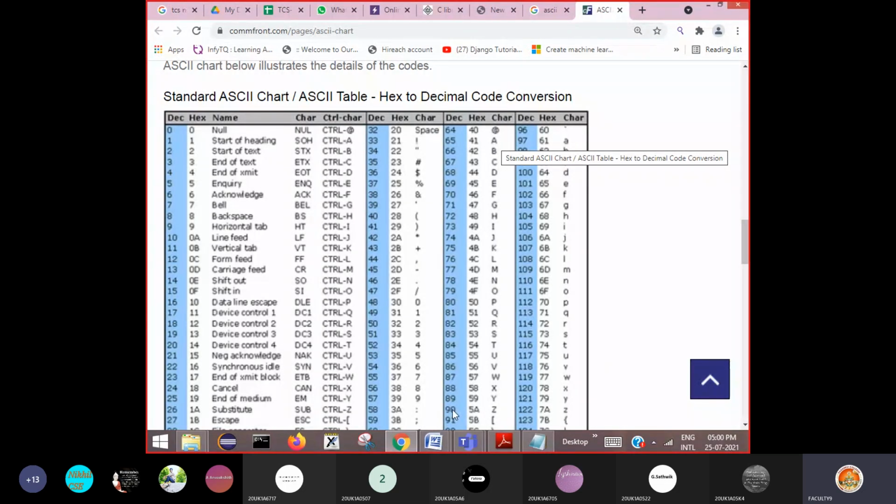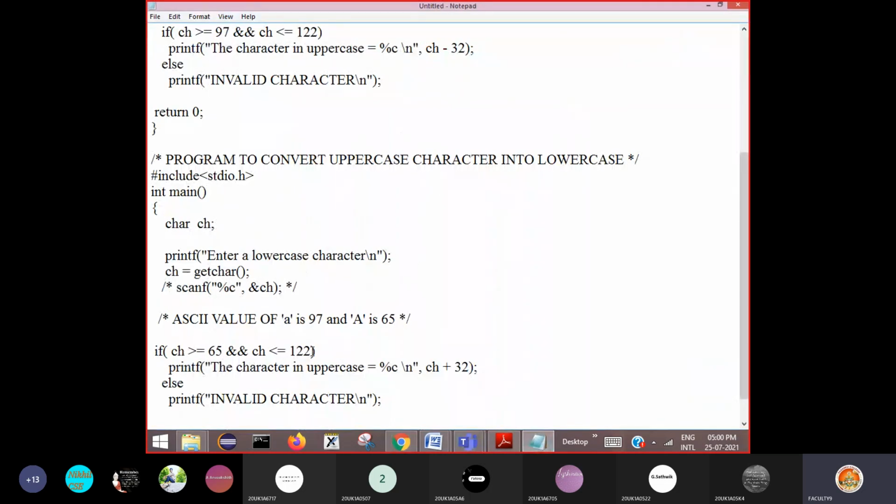So you should remember these ASCII values of these characters. It should be less than or equal to 90, so it is between 65 and 90, then you can consider it as an uppercase character.